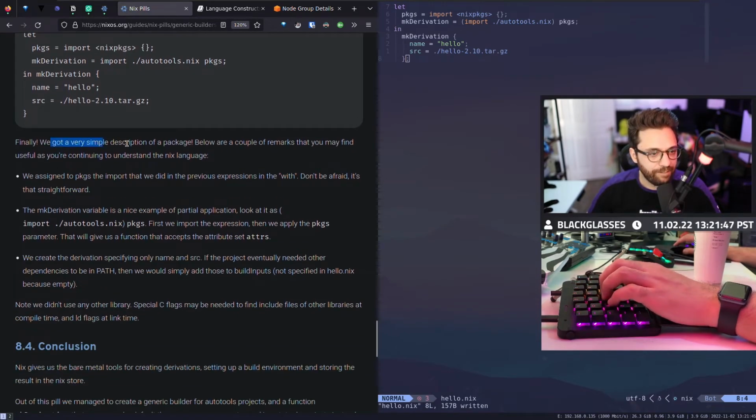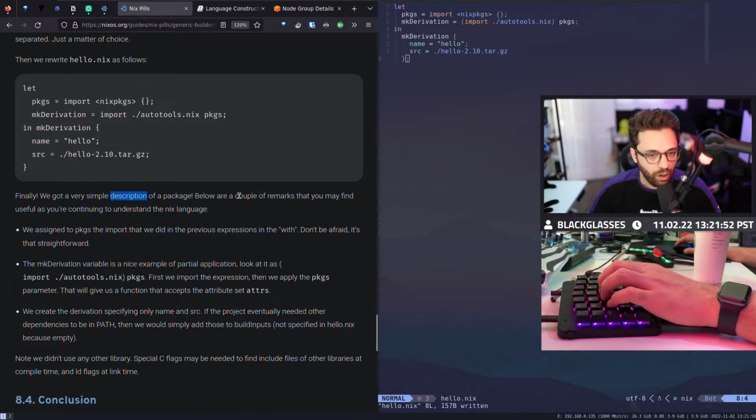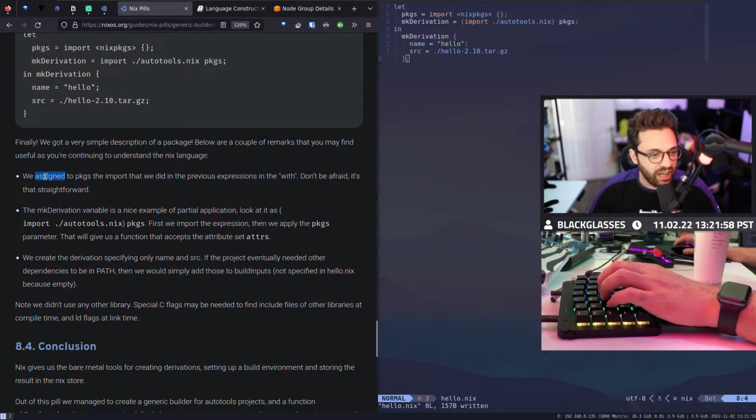Finally, we've got a very simple description of a package. Below are a couple of remarks that you may find useful as you're continuing to understand the Nix language. We assigned to packages the import that we did in a previous expression with...